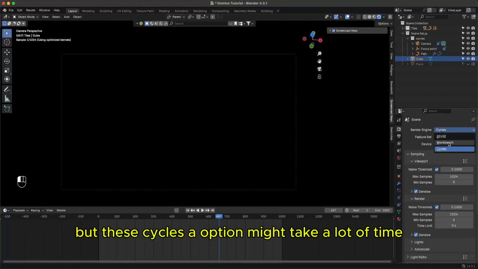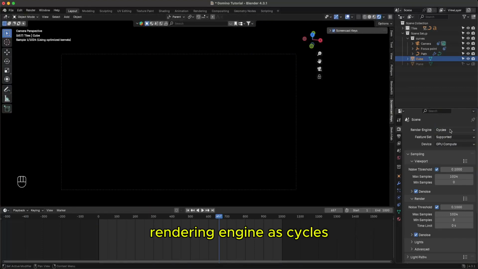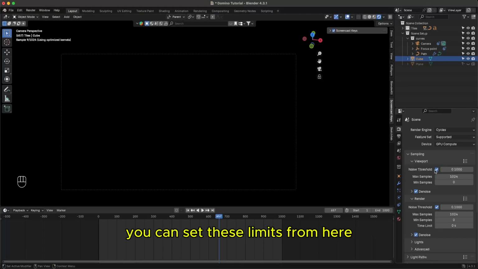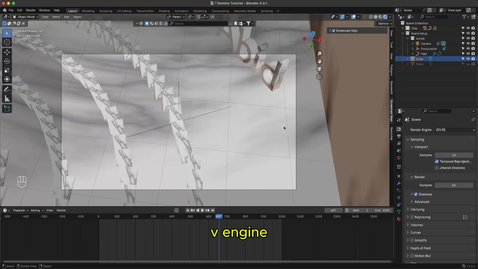But this Cycles option might take a lot of time. Rendering engine as Cycles will create more realistic views, but this will take a lot of time. As you can see, only 6 samples have been rendered out of 1024 samples. You can set these limits from here. So to avoid this, I am going to render it in the EEVEE engine,